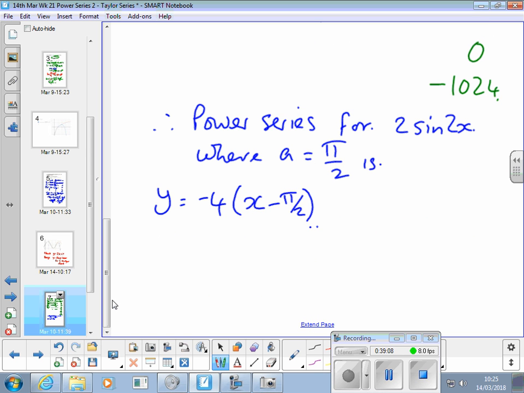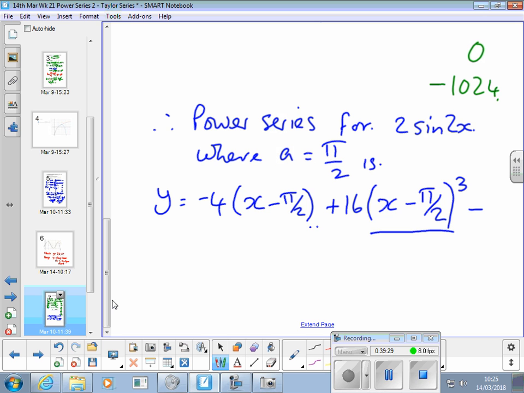Next term 0, so the next proper term is plus 16, isn't it? x minus pi over 2 cubed, yeah,